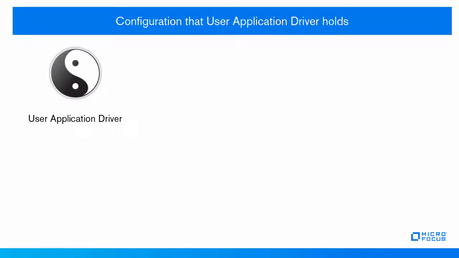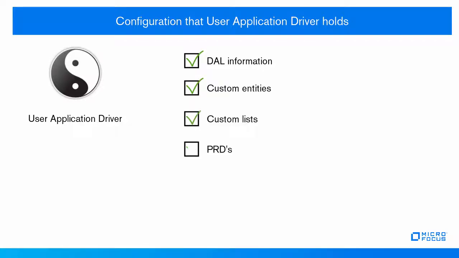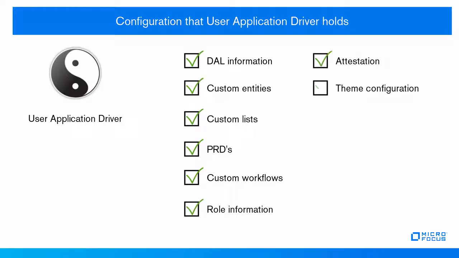Configuration that the UA driver holds. Before migration, you must understand what information is held in the different components dealing with user application migration. The user application driver holds the DAL information, custom entities, lists, PRDs, custom workflows, role information, attestation, and theme configuration. If you have customized branding of user application, it is a good practice to store this information in a separate WAR file. When the driver is migrated, it updates the following: DAL definitions, PRDs, roles and resources, several non-visible runtime